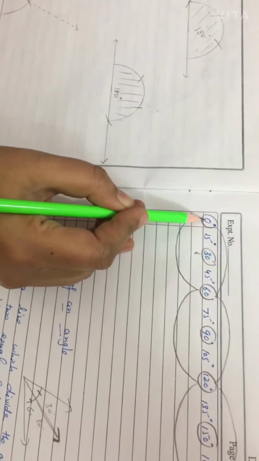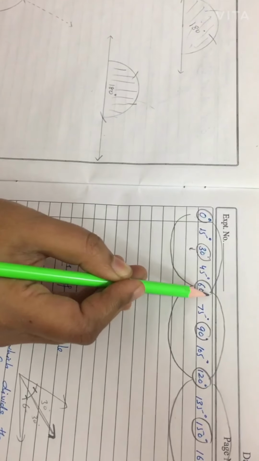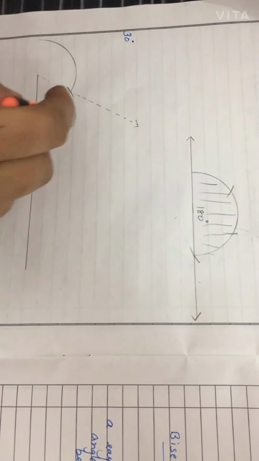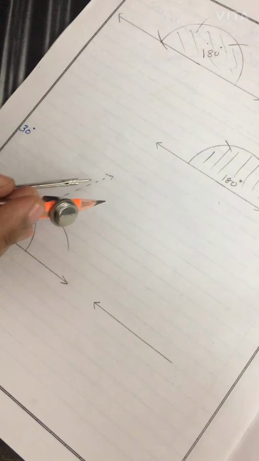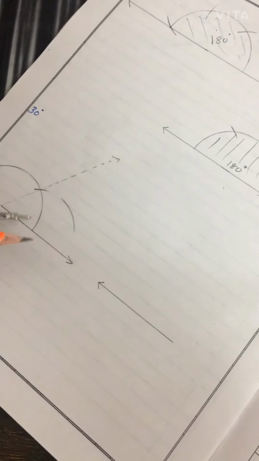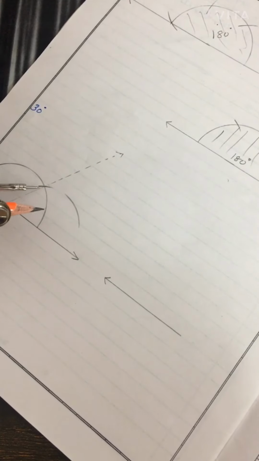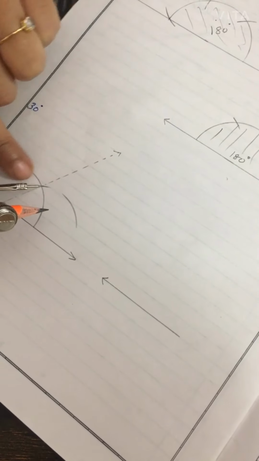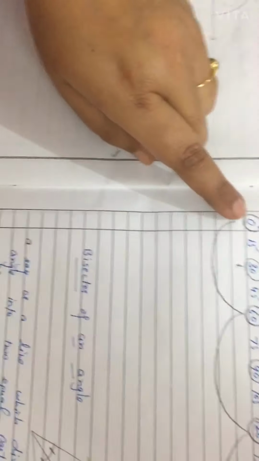Because 30 lies between 0 and 60, we will use the point 0 and we will use the point of 60 degrees. So this is 0. Keep here and give this type of arc. And this is the 60 degree ray showing this angle is 60, but we will use the point that lies on this arc only, and for the 60 degrees we will use this point. Remember this point. If you want to ignore drawing this, you can ignore it. So now remember 30 lies between 0 and 60.